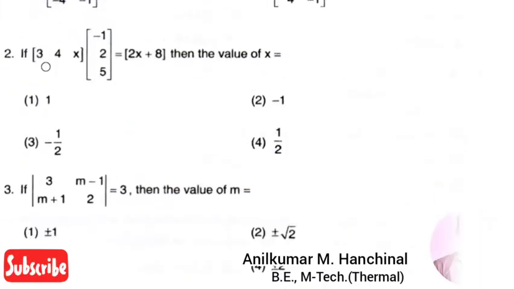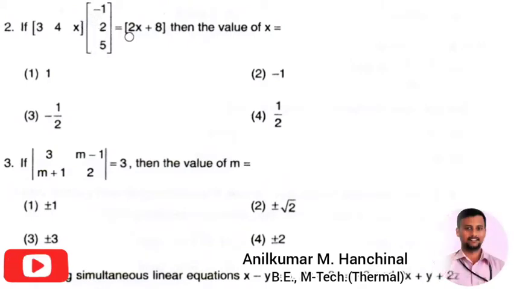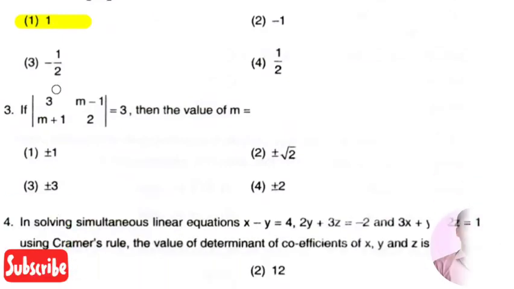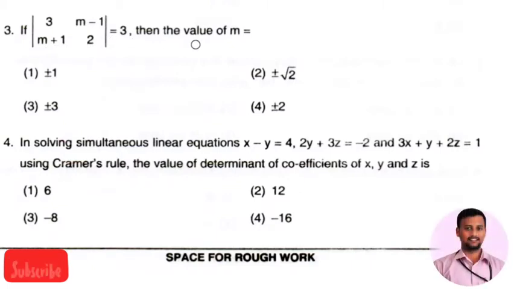And the next question is a matrix 3 4x into minus 1 2 5 will be equals to 2x plus 8. Then the value of x is, the right answer is option 1. The value of x will be equals to 1. And the next question is if a determinant 3 m minus 1 m plus 1 and 2 will be equals to 3, then the value of m will be equals to, and the right answer is option 4, that is